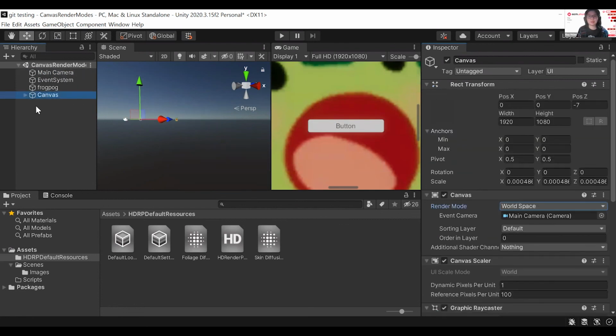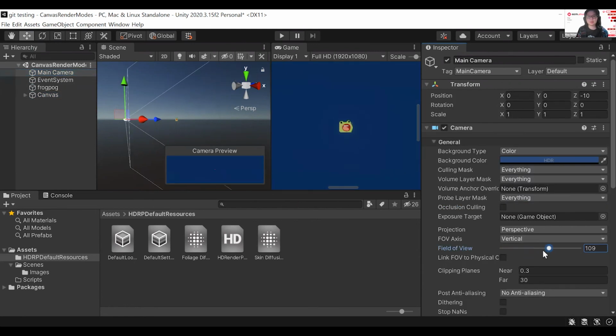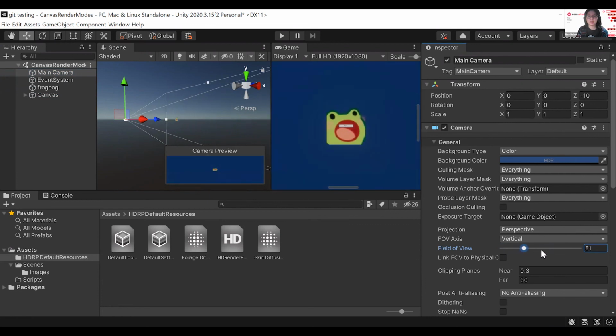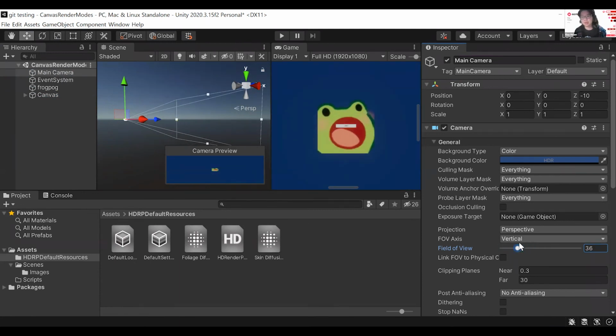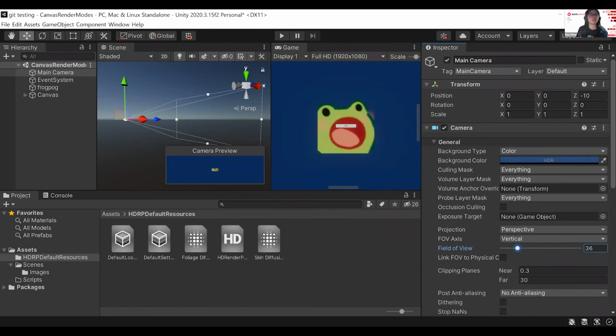Then in world space, both the frog and the button change because the button is now being rendered with the frog. Okay, so I guess that's it for